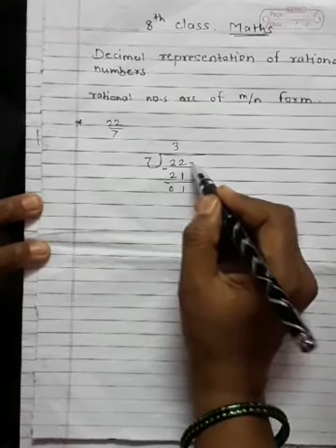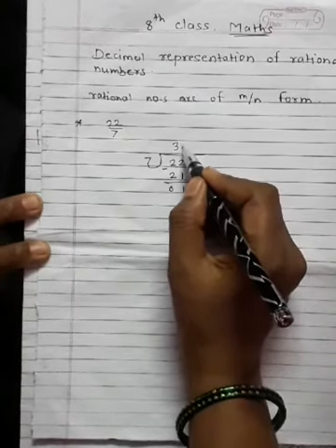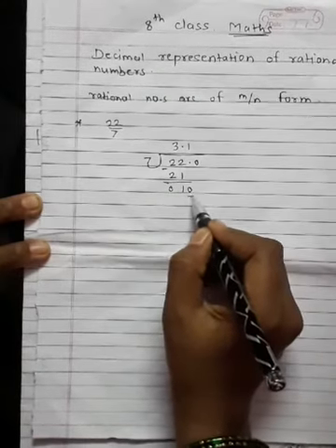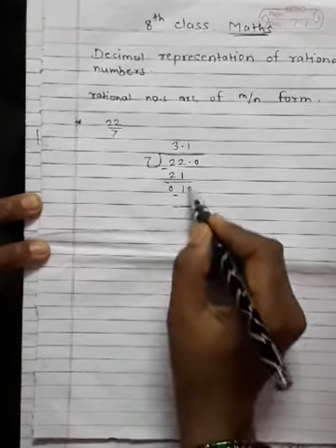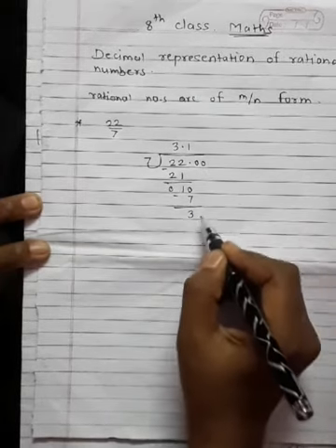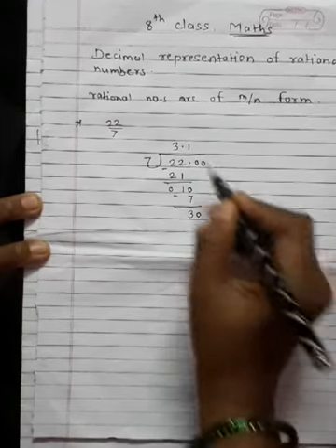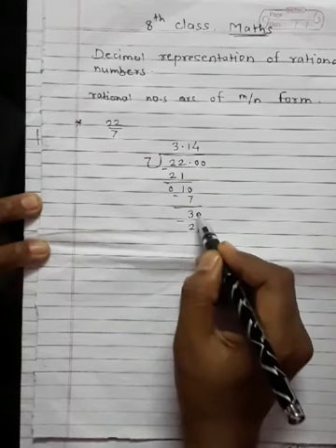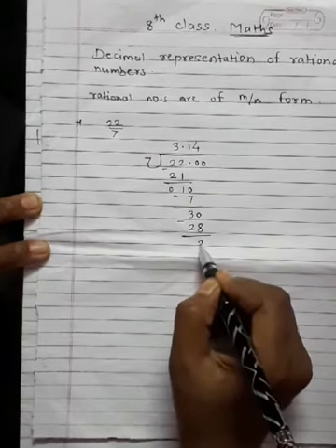Therefore we write here a point. Here also write a point. Then we take zeros from after the point. Then here write 0. 7 ones are 7. Here 10 minus 7, that is 3. Then again we take 0 from above. 7 4s are 28. Here write 28. 30 minus 28, that is 2.